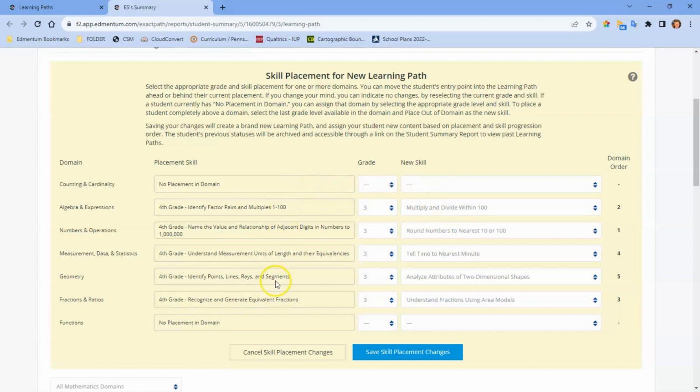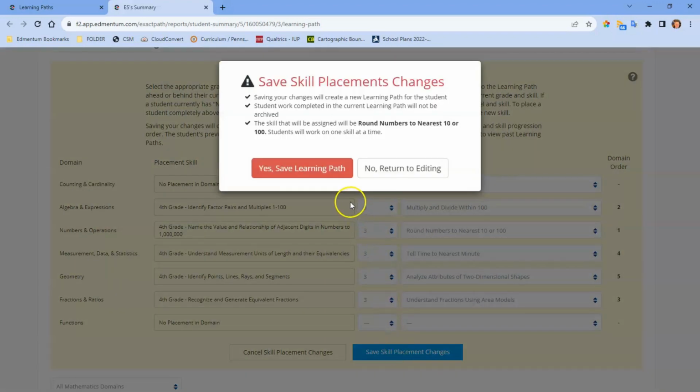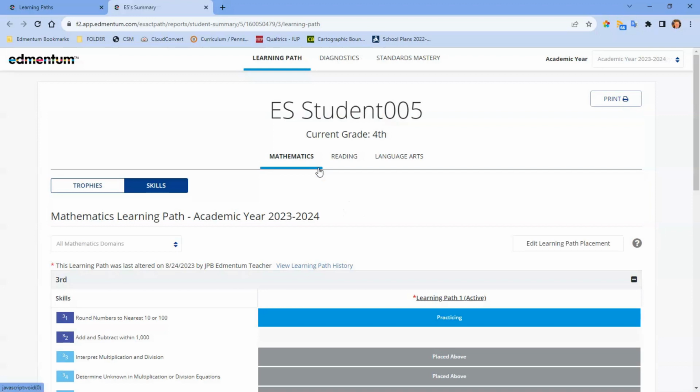Once I have identified exactly where they need to be, and I have adjusted their grade levels and their skills, all I have to do is click Save Skill Placement Changes. This will give me an opportunity to confirm. In this case, I am sure that that's where I want to go. So once I save that learning path,